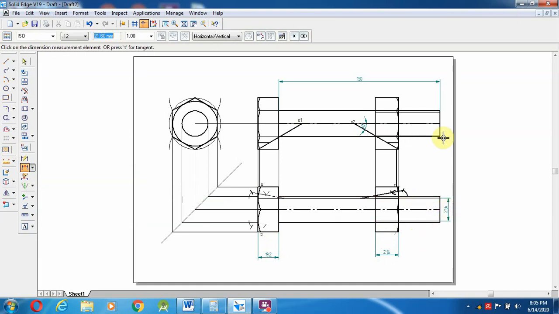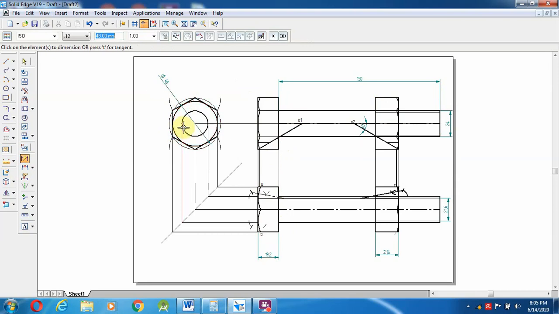Now those things you can give over here. Another one, this as well as the dia you can give over here. Select your smart dimension.